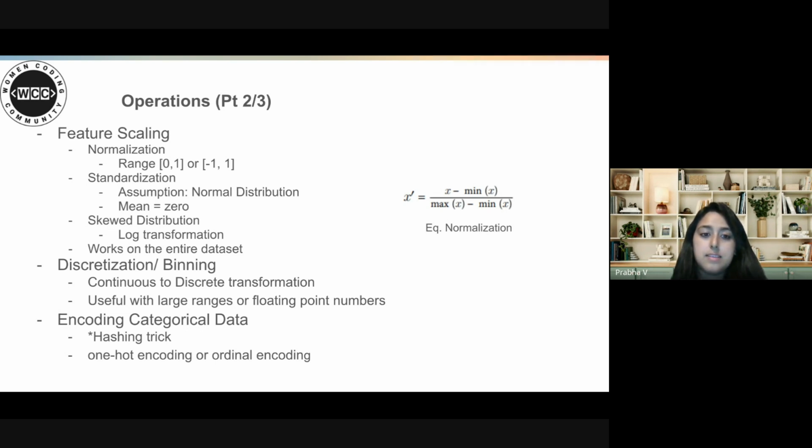Most people do feature scaling on the entire data set that's available to them, but we'll learn later why this could cause biases and why it's better to scale the training data set separately from the test data set, because otherwise we'll have information from the test data set leak into the training data set, and that can affect model predictions later on.